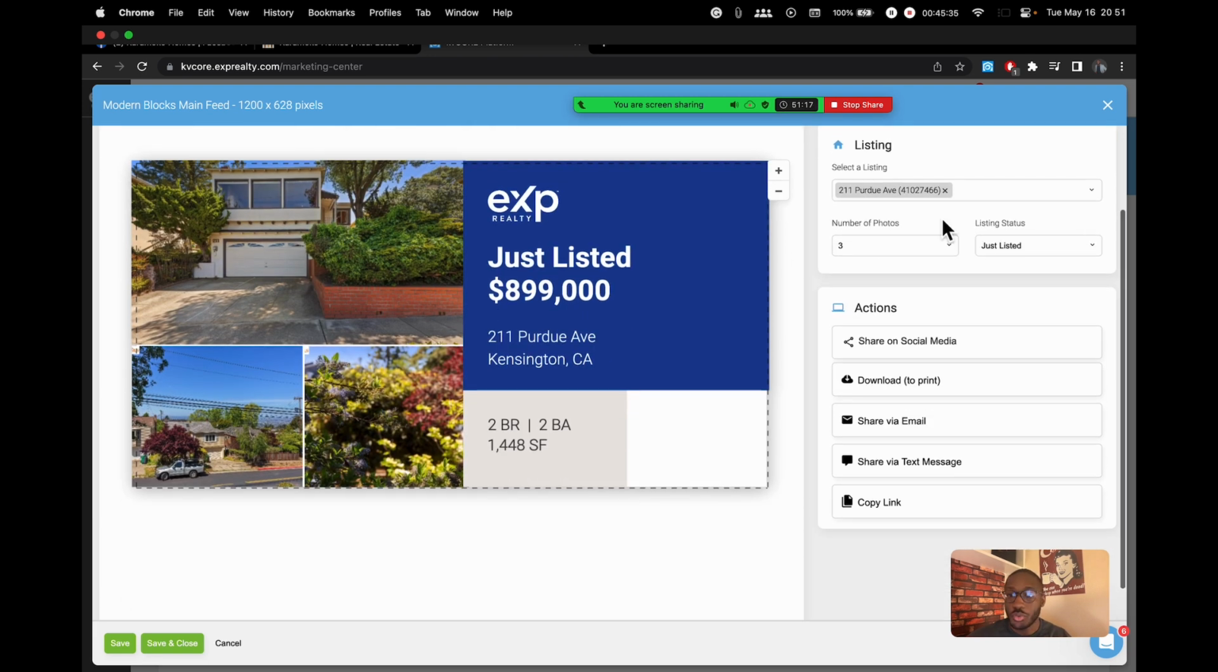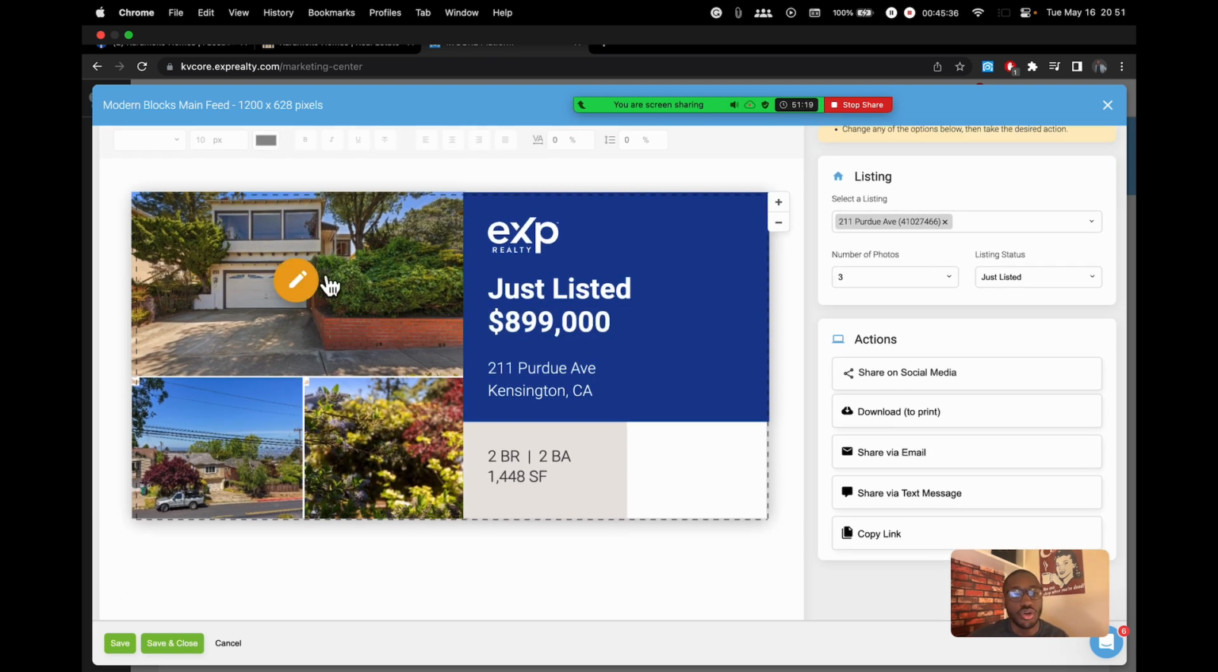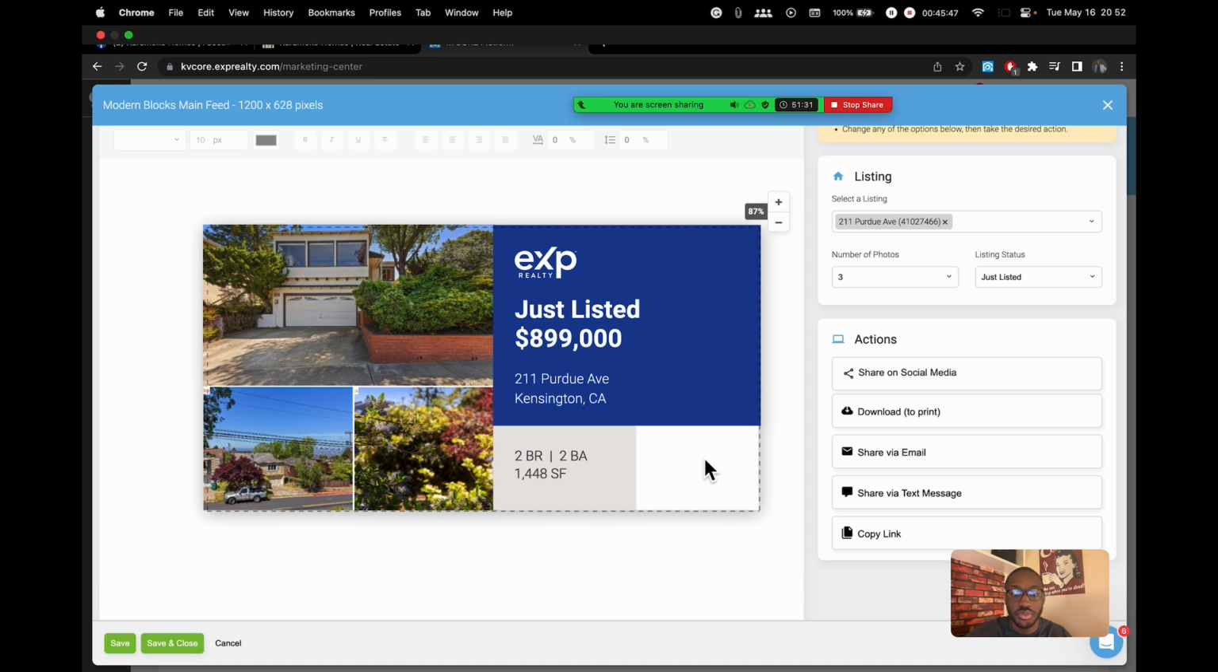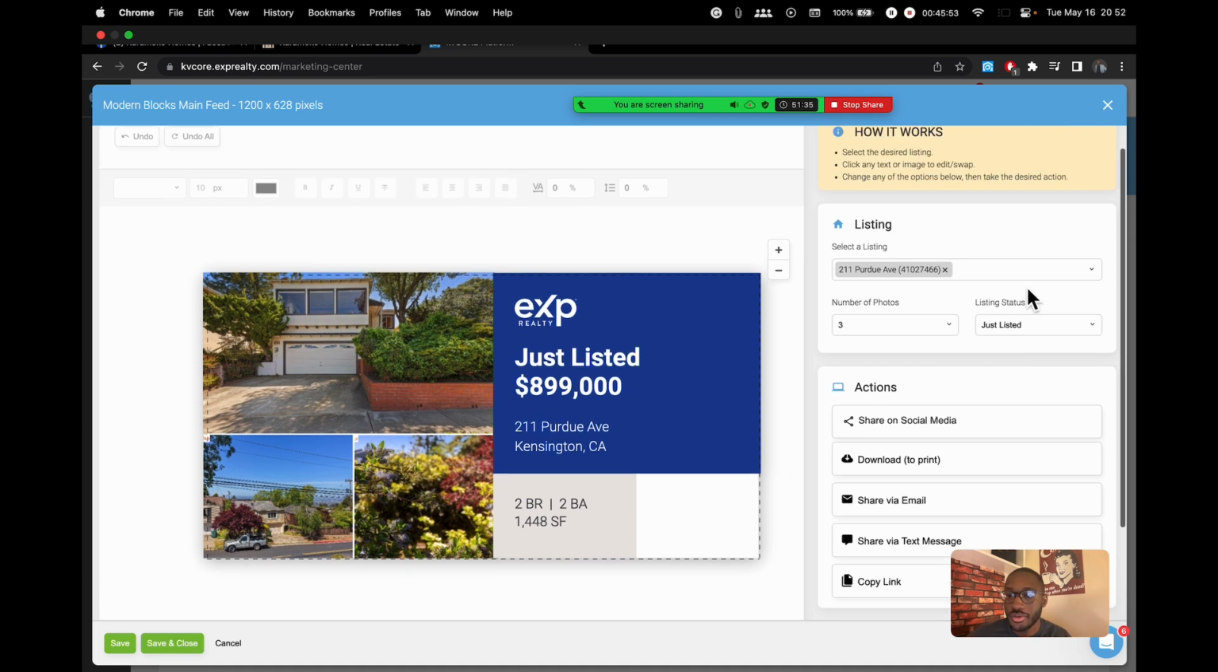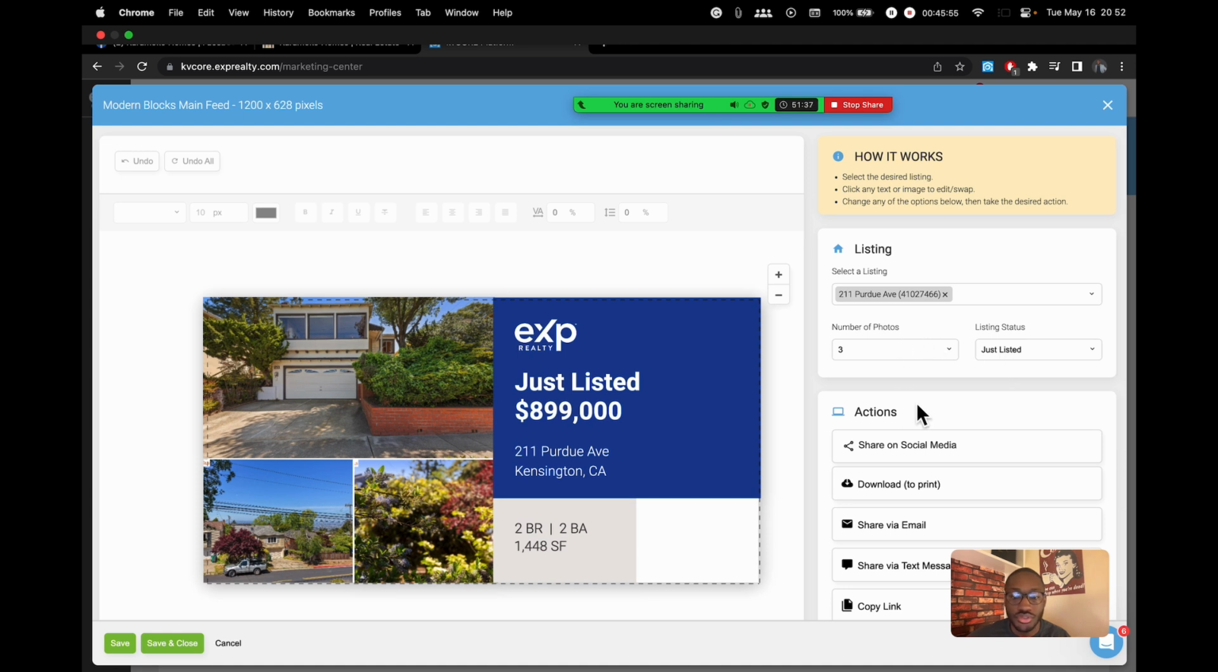Okay, so once you choose that, notice how it automatically ports in the photos for you, the price, the details of the property. It already has the EXP logo on here for you also. Okay, so it built this post for me instantly. Okay, all I would have to do is, first of all, I can go ahead and